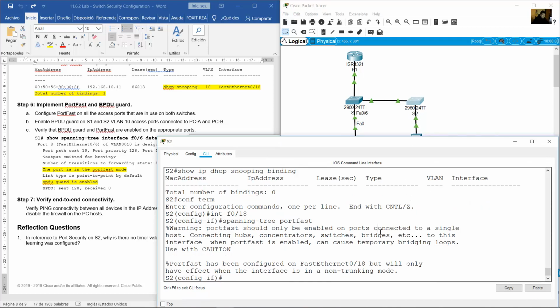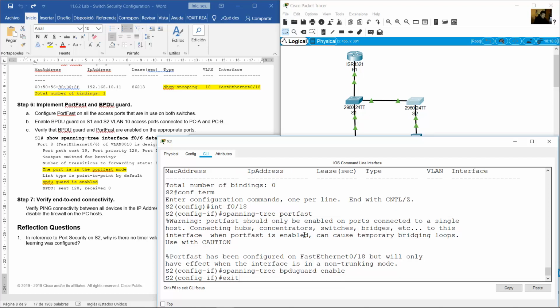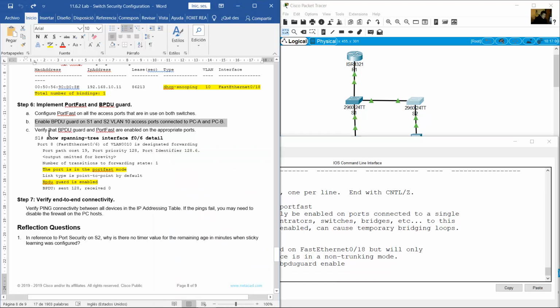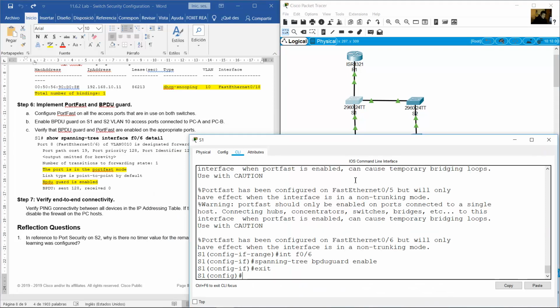S2, interface FastEthernet 18. Now I am in interface configuration mode of FastEthernet 18, so you can apply this: spanning-tree bpduguard enable. Enter. Very good. Exit. Then verify S1 and